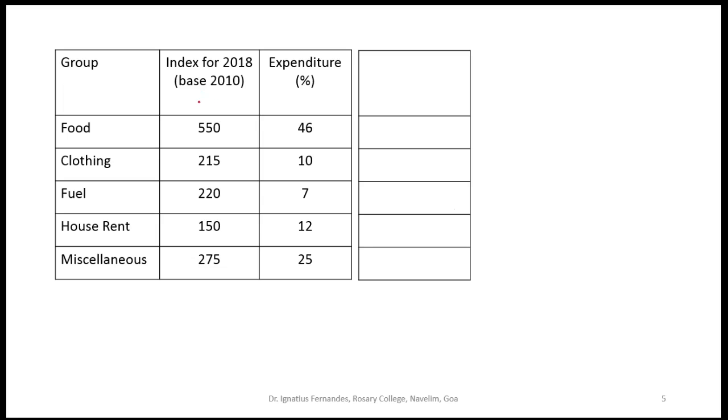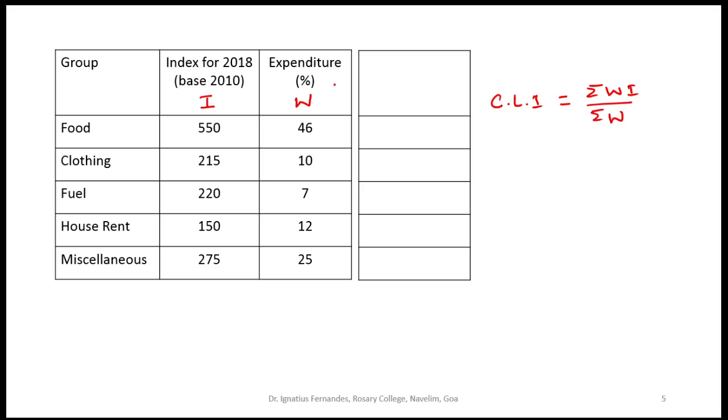I'll consider this as I, the index numbers, and this as the weights. The formula for the cost of living index is summation WI upon summation W.